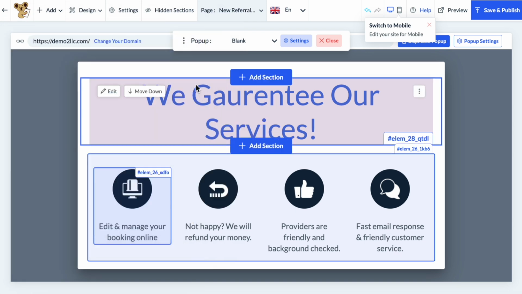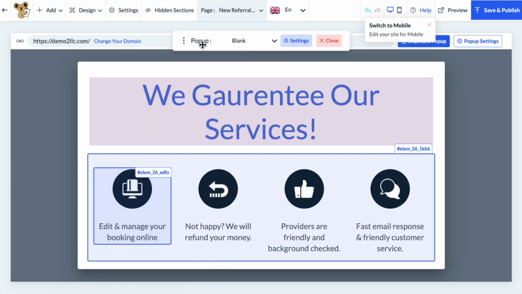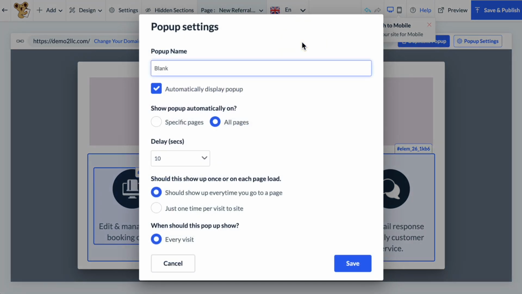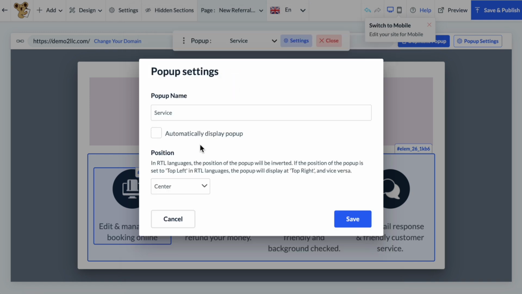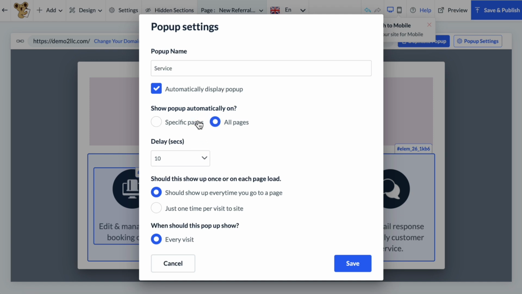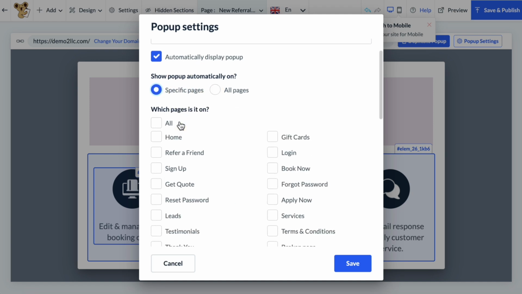All right, so now that we've created this pop-up, we see a list of our other pop-ups here. We'll click on settings. This is where we can actually name our pop-up. We can decide if it's automatically going to be displayed. If it is automatically displayed, what the rules are for that, whether it's going to be displayed on specific pages